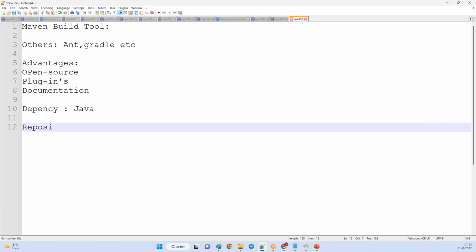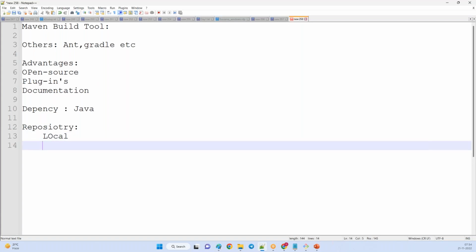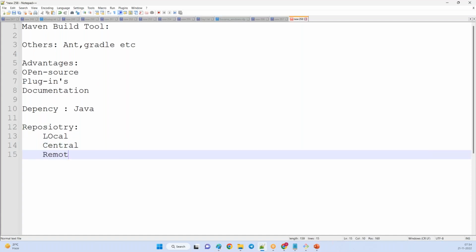You can store or download your repositories to a local repository, central repository, and remote repository. What is local, what is central, what is remote, we can discuss that.